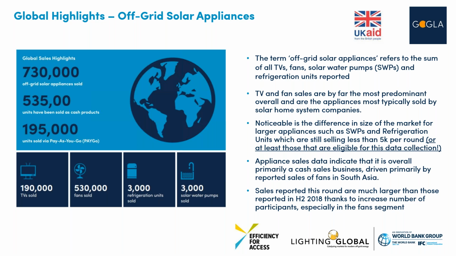And when you go into each of those categories, this is what emphasizes the importance of sharing small data points with us. We can then see how many different size televisions, fans, and refrigerators are sold, and we will segment the data as granularly as we have it when a minimum of 3 companies report data for any one point. So that gives you a good overview there. We are still growing on the appliance side, and that's why we feel it's particularly important for us to get those data points from you. Thank you. We can move ahead.